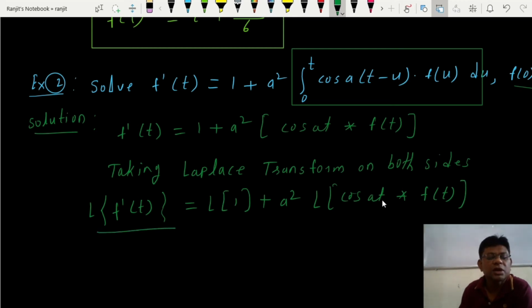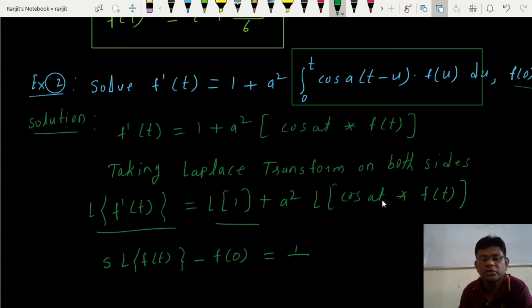Now by using the Laplace transform of derivative, this Laplace transform of f prime of t means s times Laplace transform of f of t minus f of 0 is equal to Laplace transform of 1, answer is 1 upon s plus a square